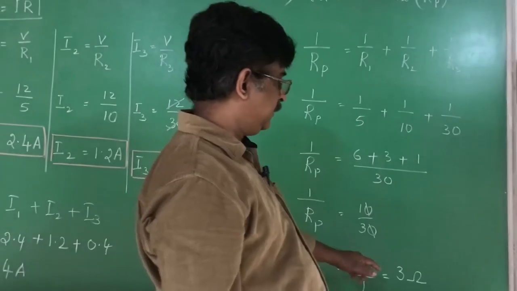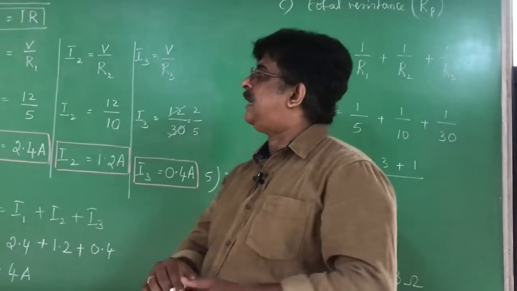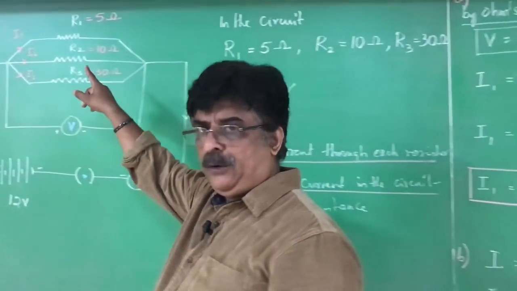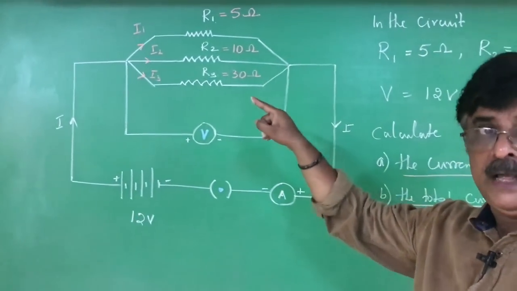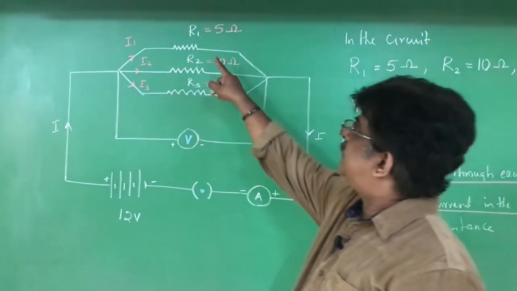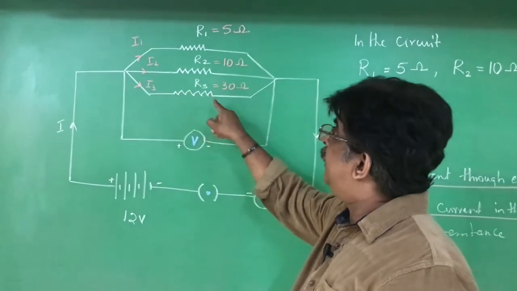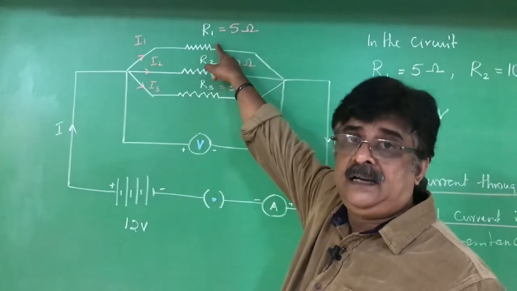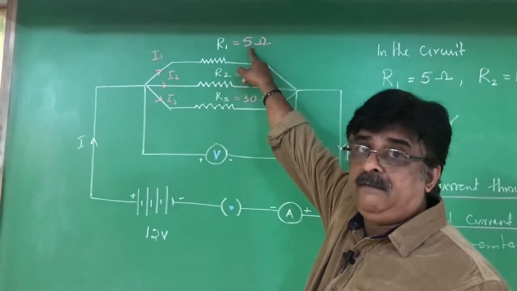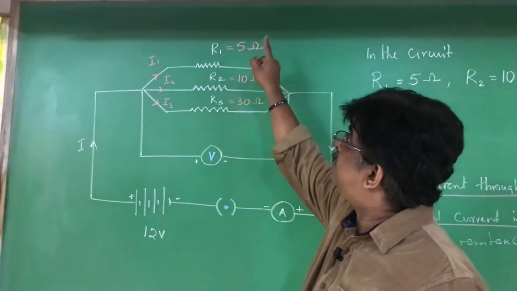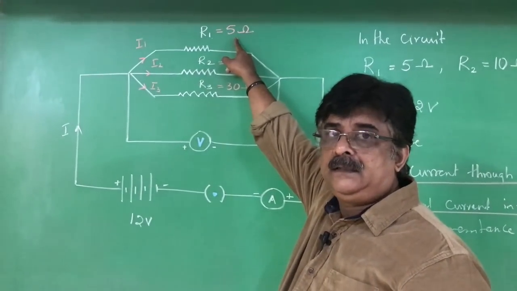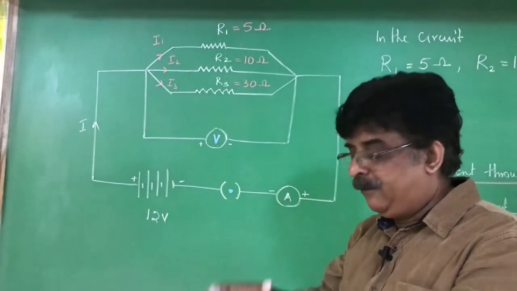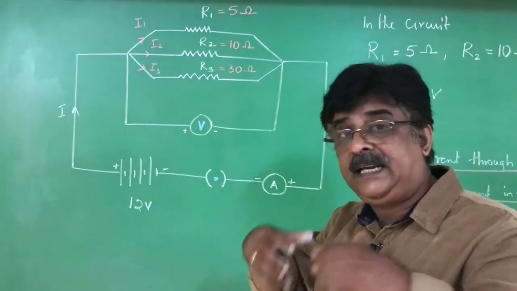Now you have to understand this. This is a very nice problem. It already came in the public examination. In the circuit, the resistors are connected in parallel. Always remember this. When the resistors are connected in parallel, the effective resistance is always lesser than the smallest resistor. Which is the smallest resistor? 5. The effective resistance becomes smaller than the smallest. Therefore, when the resistors are connected in parallel, resistance decreases. When the resistors are connected in series, resistance increases.